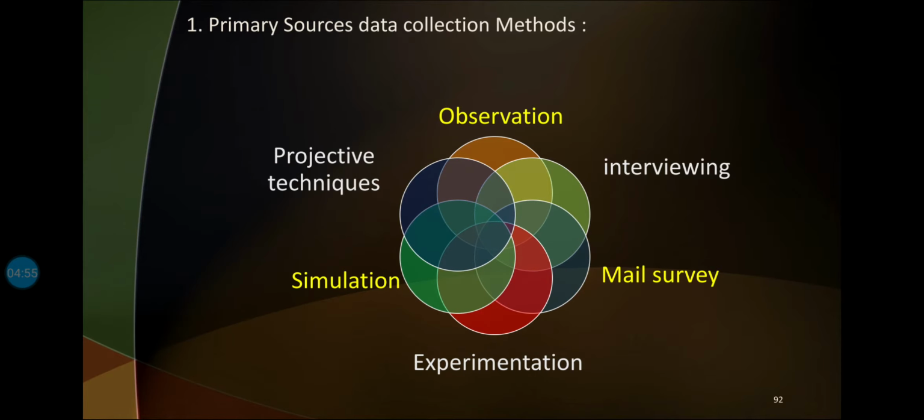Now primary source of data methods can be, it can be judged by observation. If you are standing somewhere doing a road traffic study and you want to study the accident rate, the intersection, or the speed, you go to a particular road section or intersection and carry out your study. It can be by interviewing. With whom? With the people that are related to your research work, which can be part of your experimental setup, that means the samples.